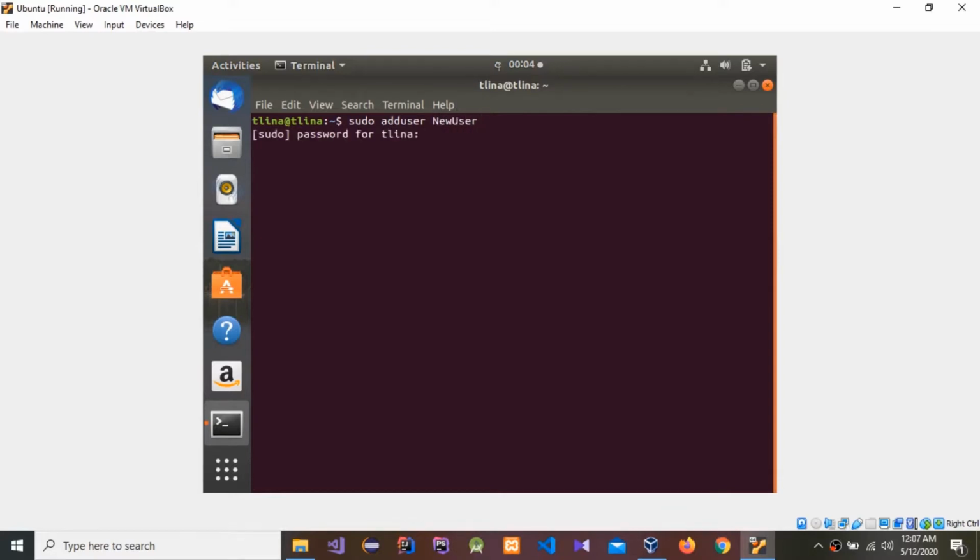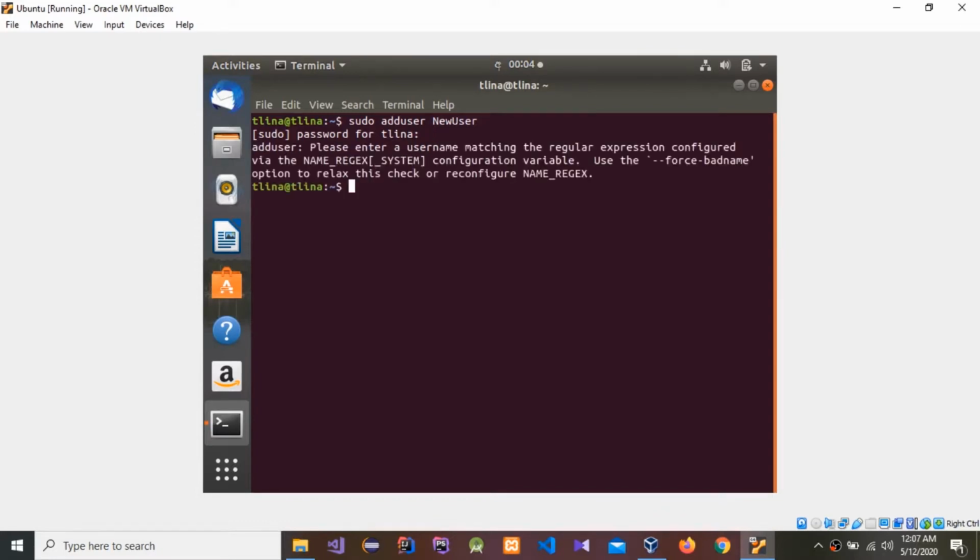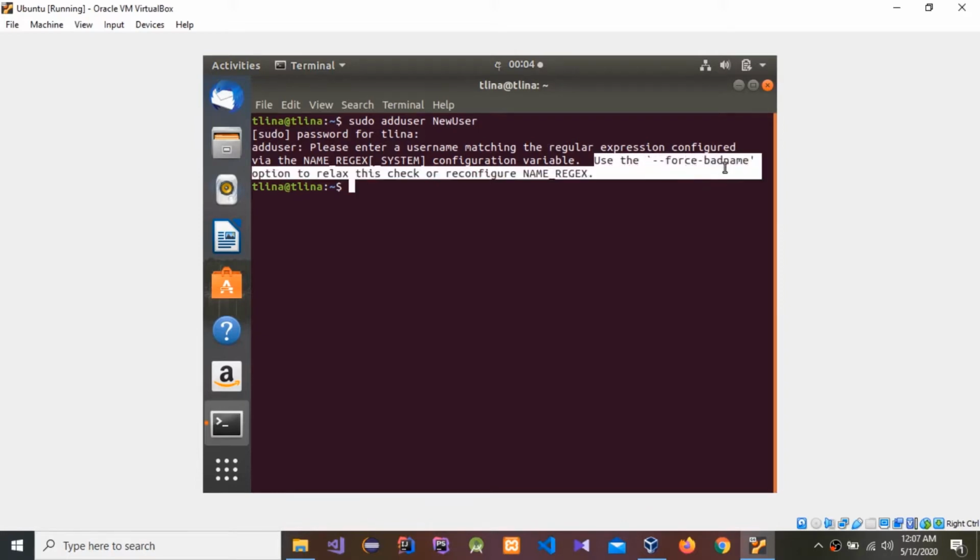Okay, now you have to enter your password, your login password. So sometimes it works, sometimes we have to do this. Here you can see use the force bad name option to relax this check or reconfigure name.